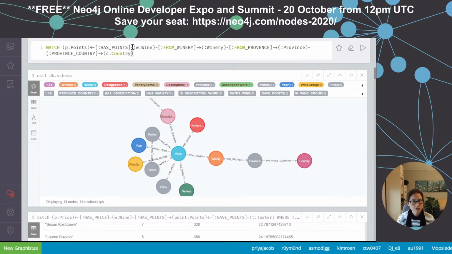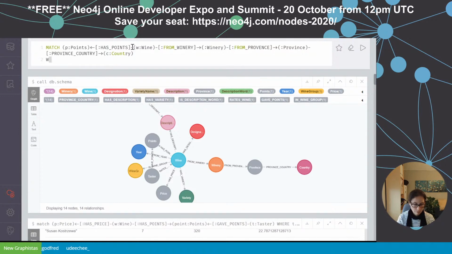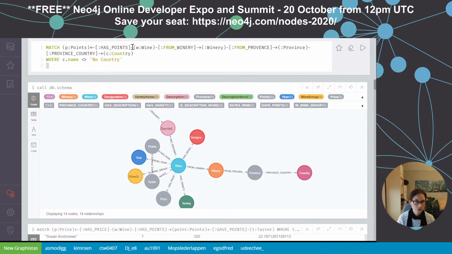Okay, so what's going on here? We're doing that mapping, and remember we do have a no country node in there, so I'm going to do a where C dot, I think we said name. If not, we'll have a quick look at country in a second. So where C dot name is not equal to no country. Okay, so that's that. And then we're going to return C dot name,